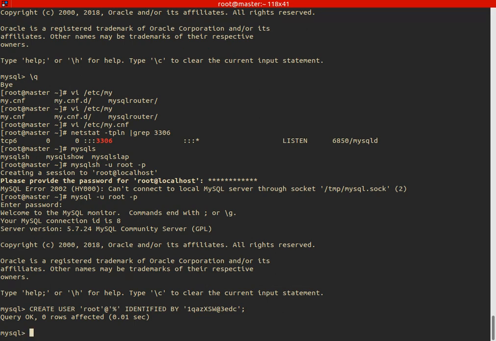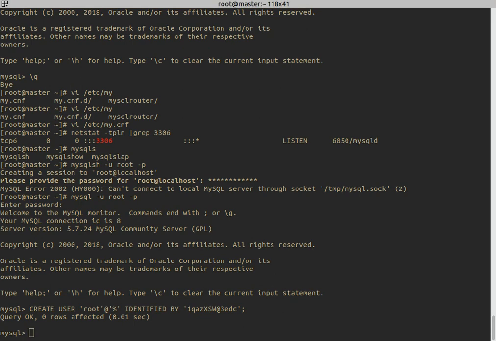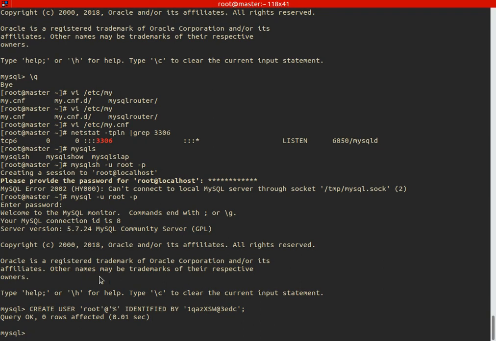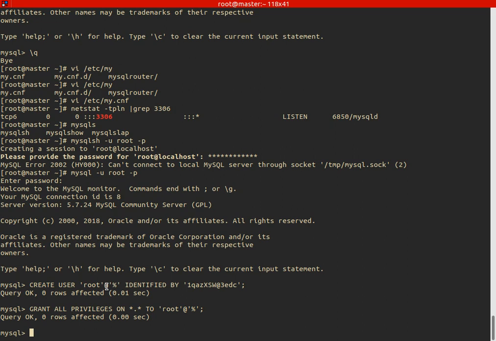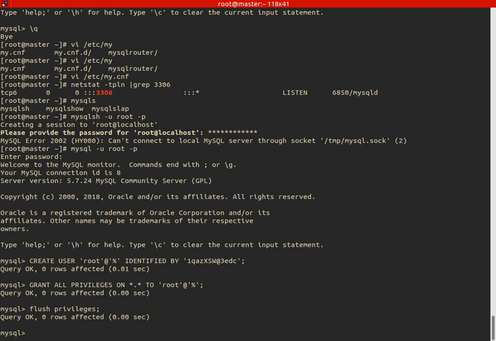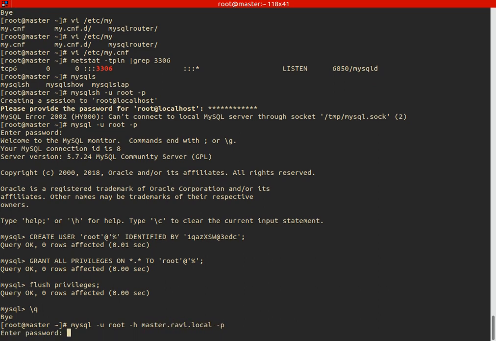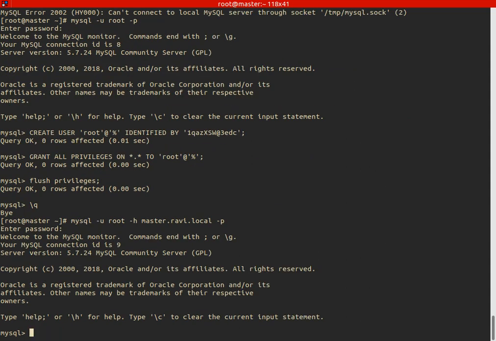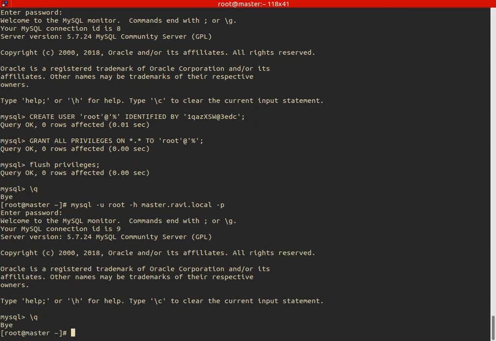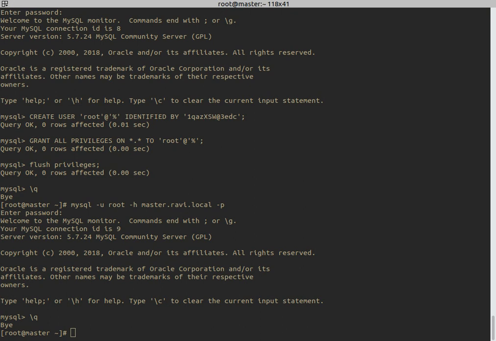All right, and then I'm going to grant all the privileges to this user, right? And flush privileges, and I'm going to quit, and let's see whether I'm able to connect. -h and master.ravi.local. Looks good. So I believe I have to do this for other boxes also, but for now let me continue